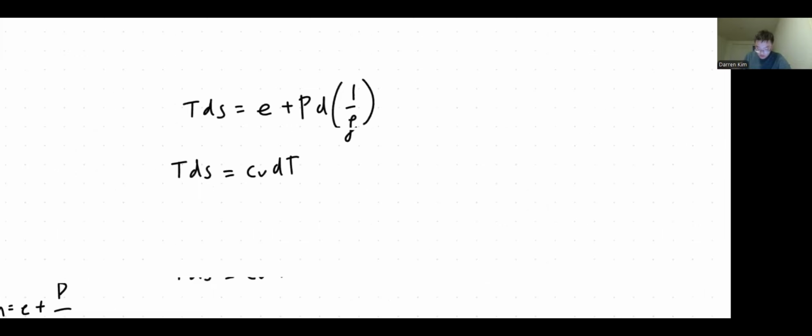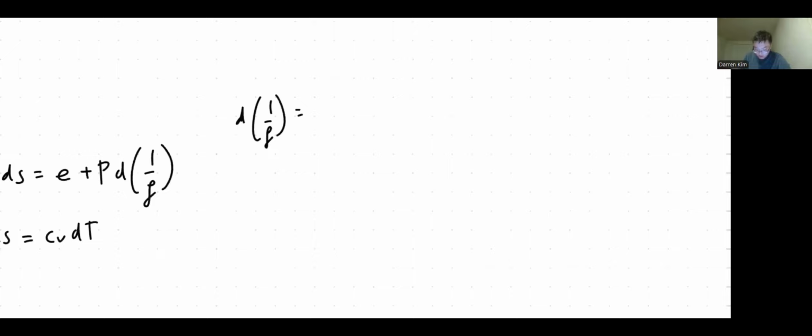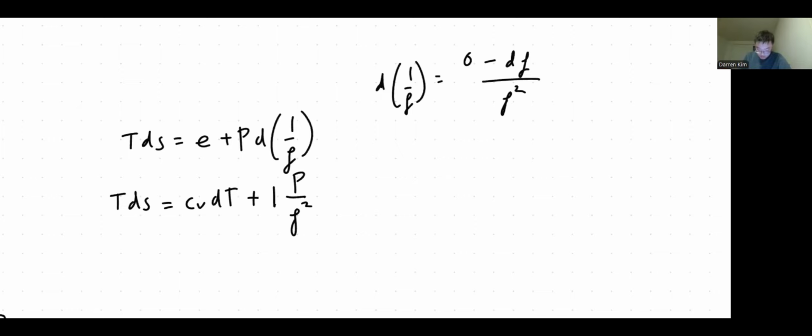So low D high. No, high D low, low D high. High over here, which is 0, minus low D high, and then low low, so square over here. Now that means that this equals P over density squared. What does that really mean? I think I did this wrong. Yes, again,